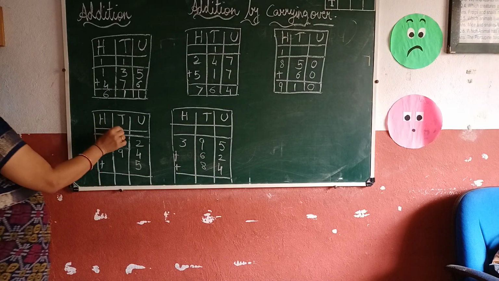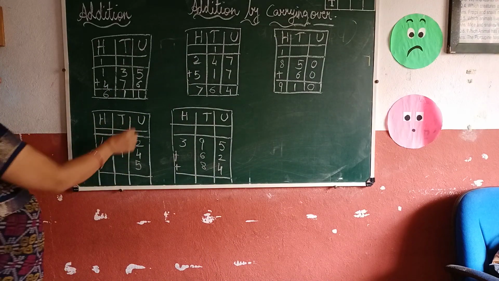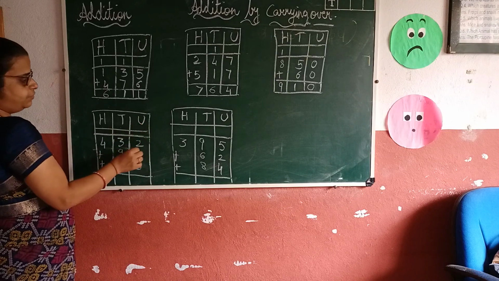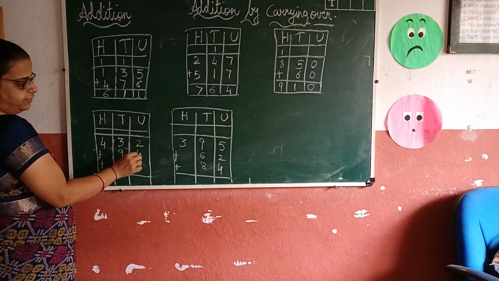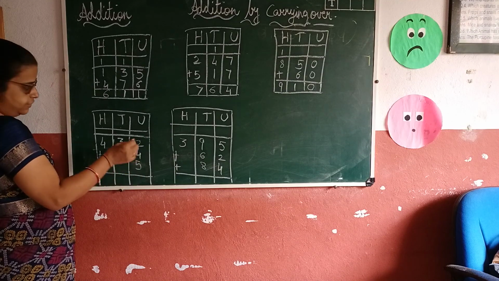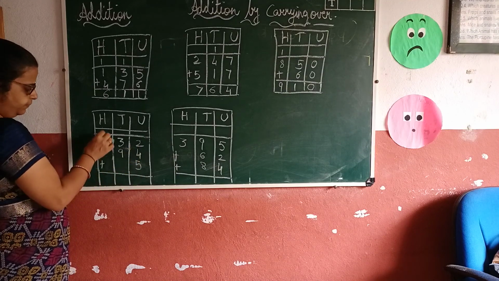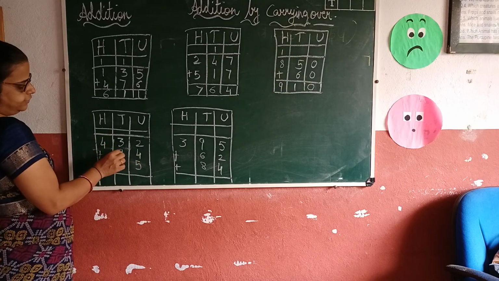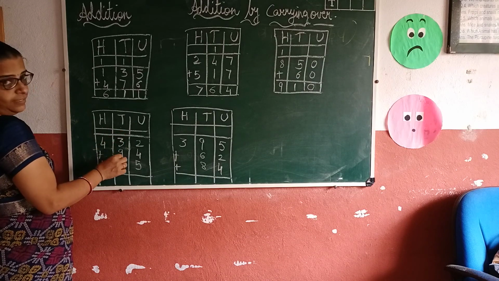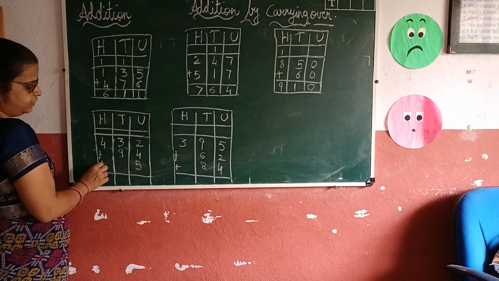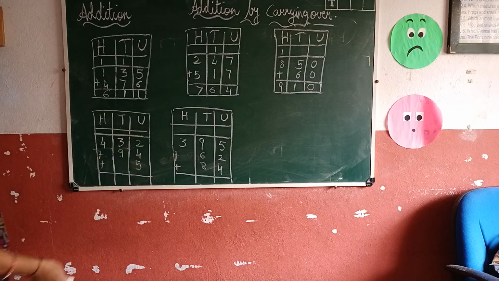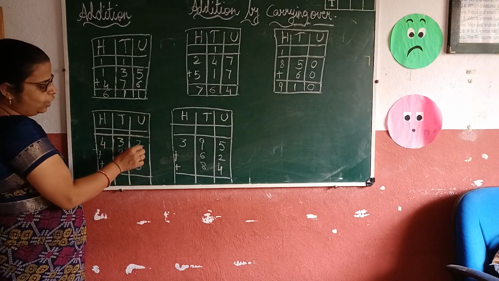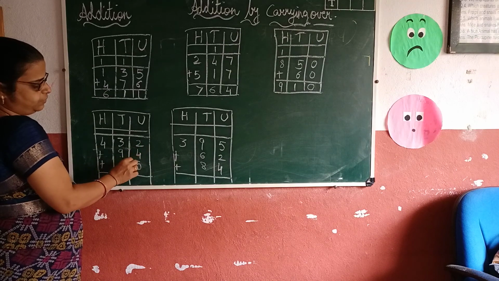Again hundreds, tens, units. So again you have to write here in the units column 2. So again 4 units plus 5 units. Again you have to add here 9. Here in the tens column they have given 9 and 4. And again you add here in the units column 5. For starting the addition we start with the units column. So 2 tens plus 4 tens plus 5 tens.